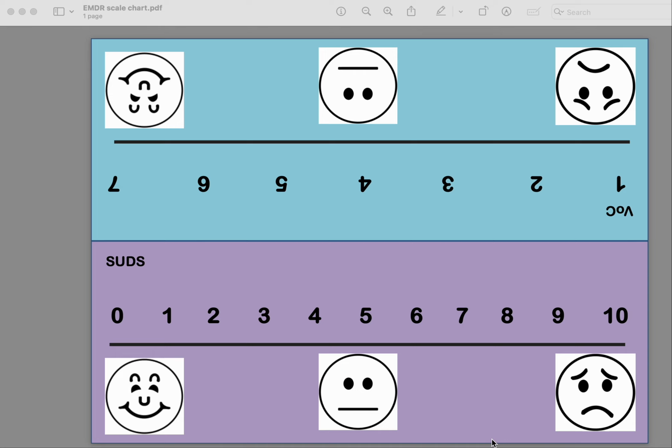This is Casey with Therapy Training Collective, and this is a short video on how to best utilize our EMDR scaling chart. This tool is based off of the standard EMDR protocol, which calls for a VOC score, which is the validity of cognition, as well as a SUDS scale, which is the subjective units of distress when processing with